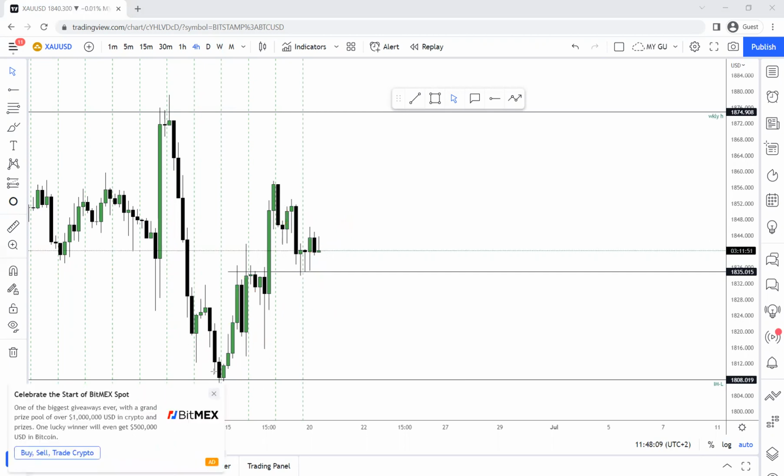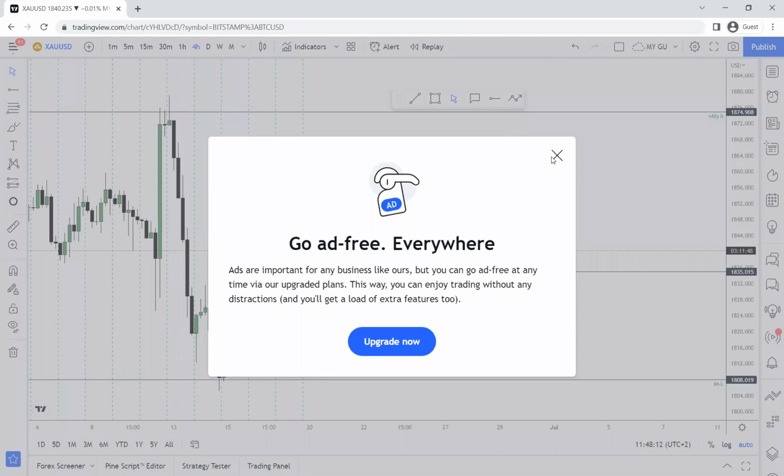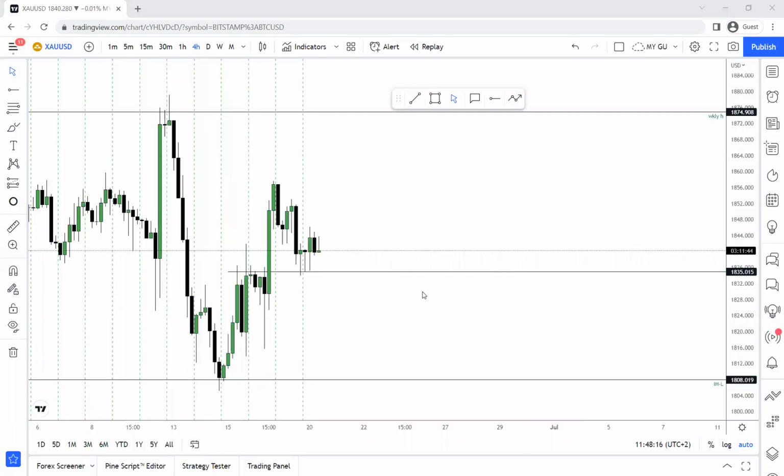We can even count our correction impulses. All right, our correction impulses, we have 1, right? We have 2, and we have 3. That's enough. For a correction, we only need 3 impulses. That's very much enough. So if this is a correction, then we now know the price has a high chance of going down. All right, so that's one theory.